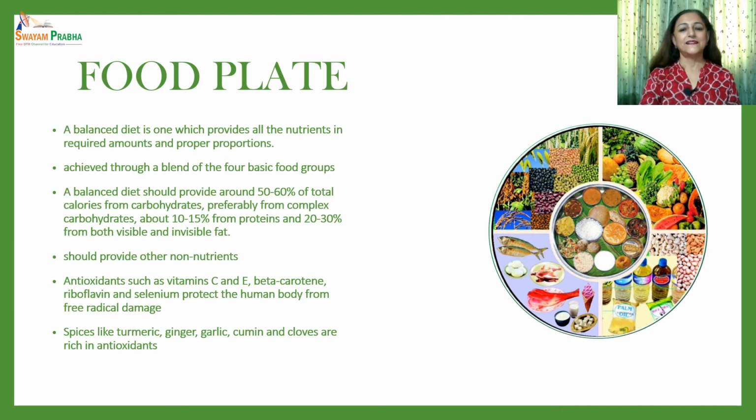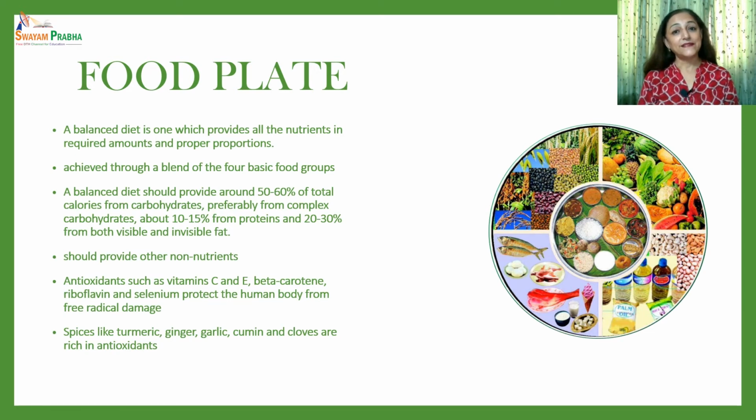Let us see the food plate which has been given by ICMR, National Institute of Nutrition, in 2011. According to ICMR, a balanced diet is one which provides all the nutrients in required amounts and in proper proportions. So it can be achieved through a blend of basically four basic groups. The quantities of the food needed to meet the nutrient requirement vary with the age, gender, physiological condition,